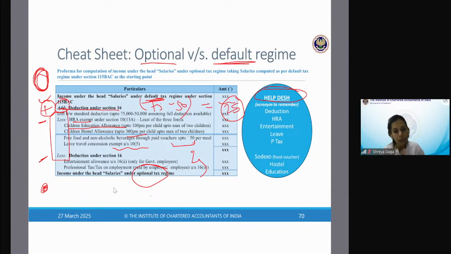तो government employee को मिलता है वो बात ठीक है, लेकिन मिलता सिर्फ optional regime में है, default में नहीं मिलता, इसलिए इसको भी यहाँ पे less कर देंगे। और कितना मिलता है वो भी lower of the following है, 5,000, 1/5 of basic and amount of entertainment allowance actually received, है ना, उसका lower of the following exemption मिलता है,